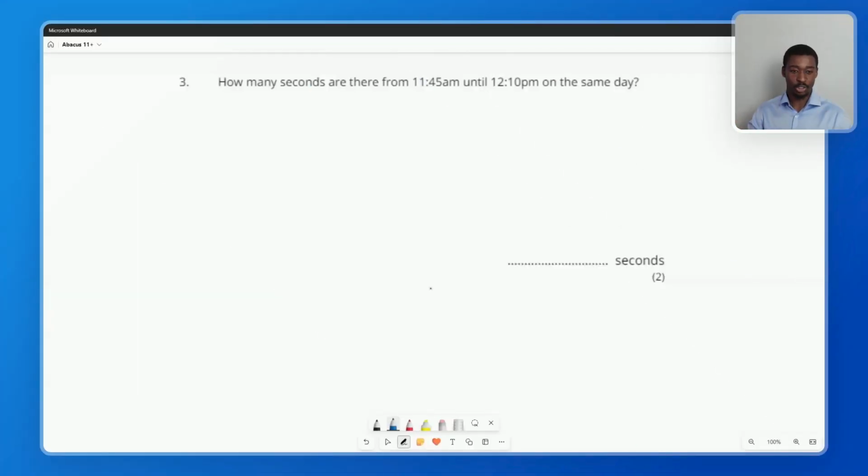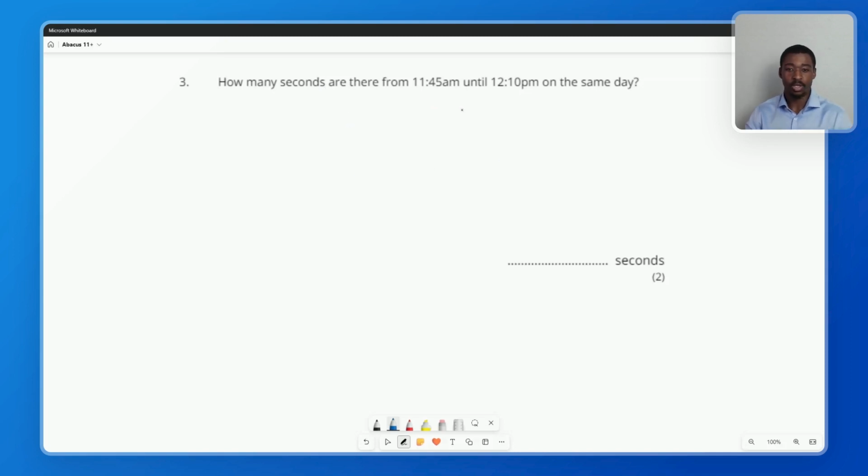Okay, so for this next question, how many seconds are there from 11:45 a.m. until 12:10 p.m. on the same day? So first, let's work out the number of minutes between these two times. And then once we know the minutes, we simply convert it into seconds. So this question shouldn't be too hard, but we have to make sure we're careful and we don't make any